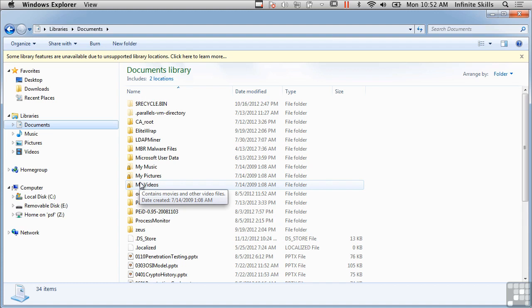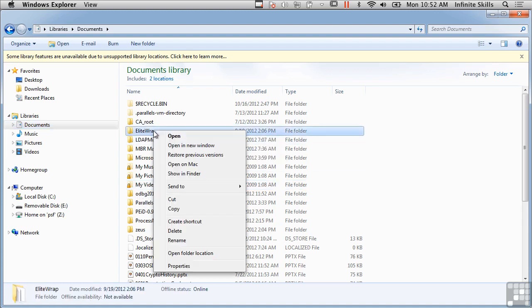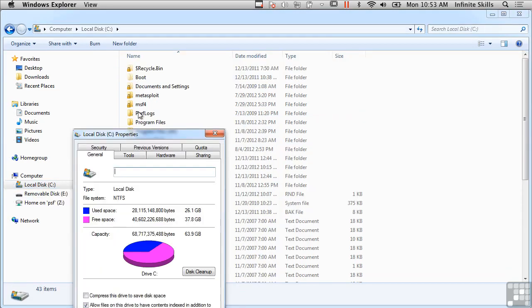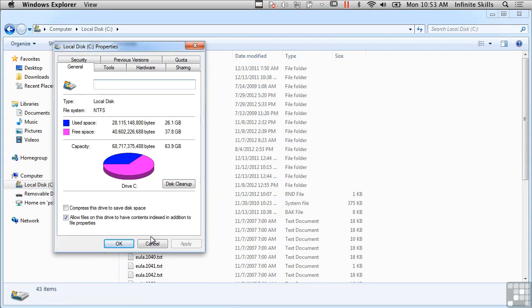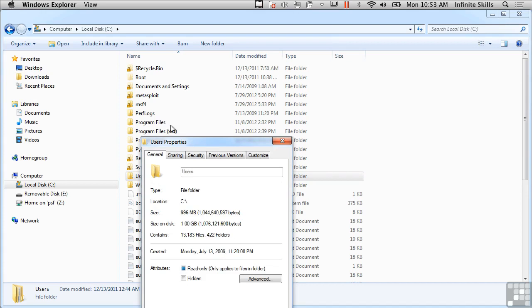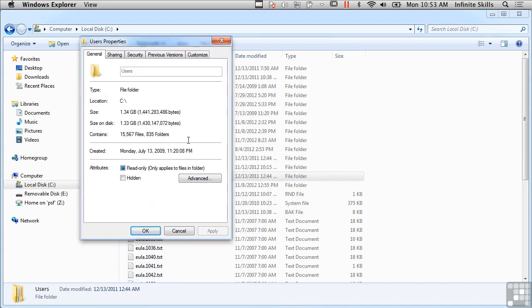Now, when Microsoft was developing Windows NT, they decided that FAT wasn't a good enough file system anymore, and so they went to NTFS. You can see the file system here is NTFS, and this is the C drive. I can bring up properties on a directory here. Now you can see, again, I've got the read-only attribute and the hidden attribute,